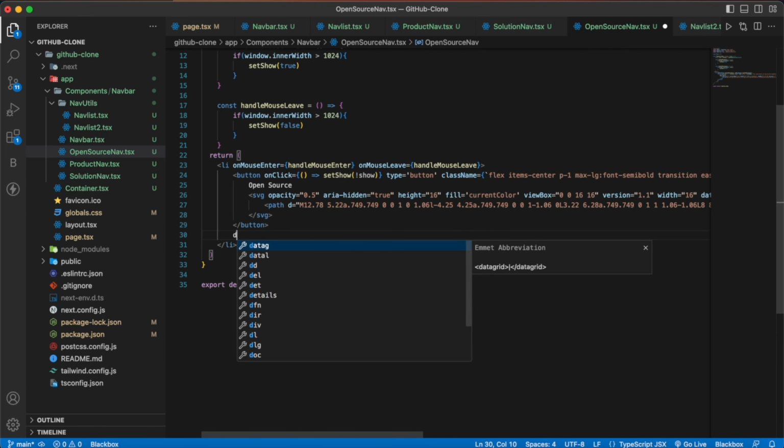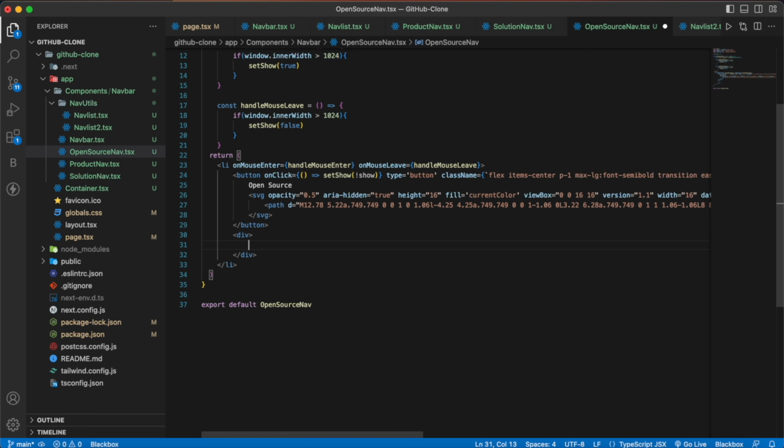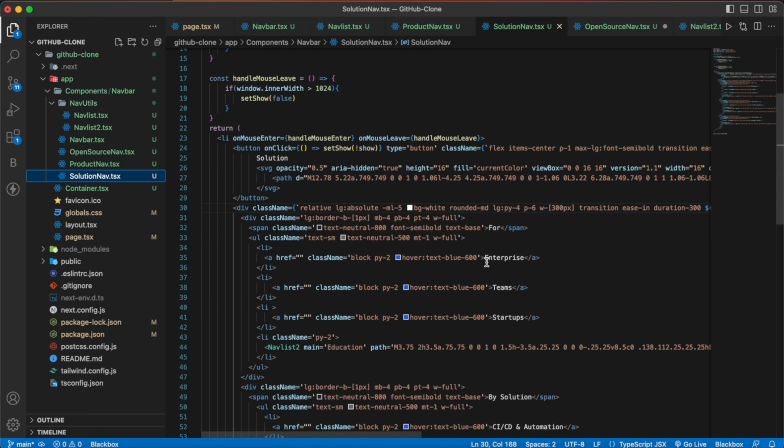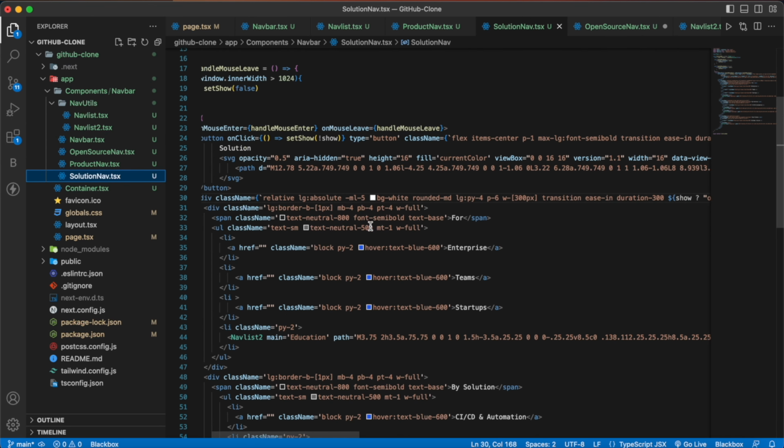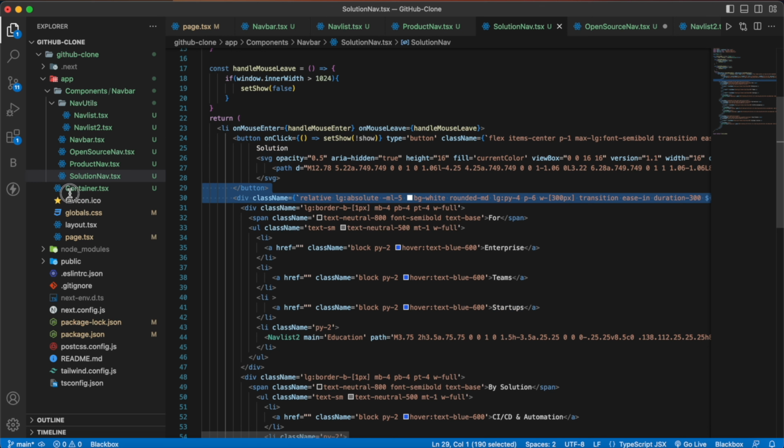Now below this button we are going to have a div, and this div will have a class name. We'll copy this from here and copy this whole section